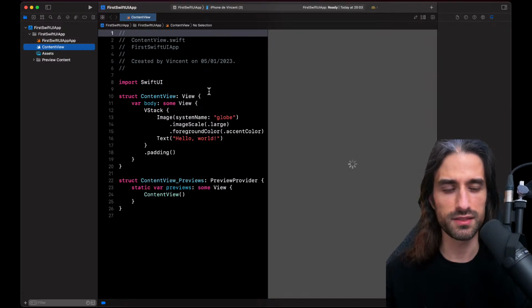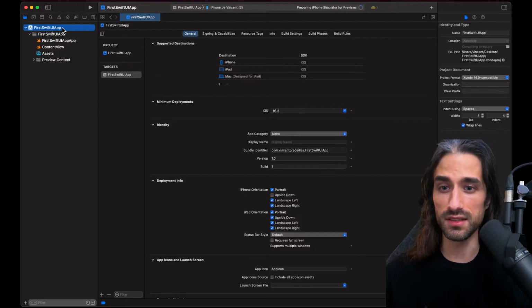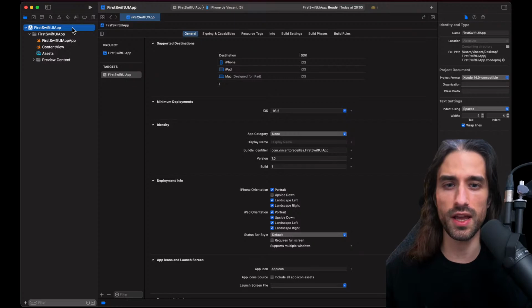project in Xcode. So first, let's go over all the files we have in the project. From the top, we have this, which is the Xcode project file. So this is basically where you have all the configuration of how your project will be compiled, executed, etc. I won't go over it in too much detail because it's a big topic of its own, and it's really more, we could say, an Xcode thing than a pure SwiftUI thing. And in this tutorial, I want to focus on pure SwiftUI things.